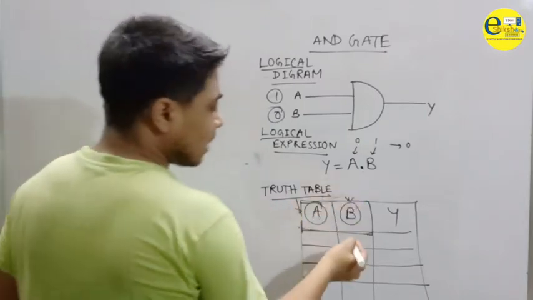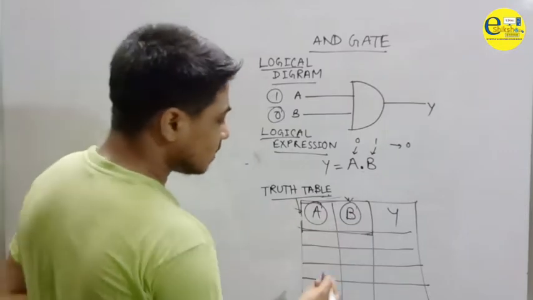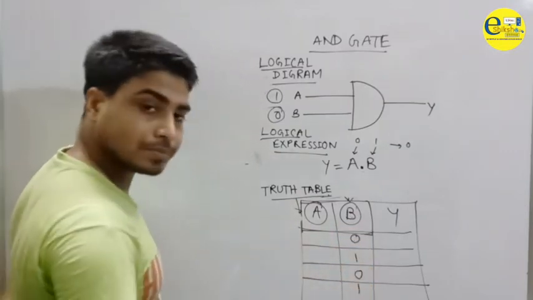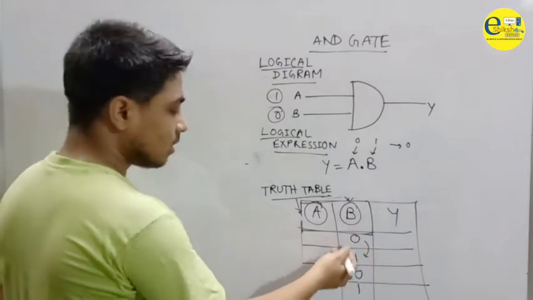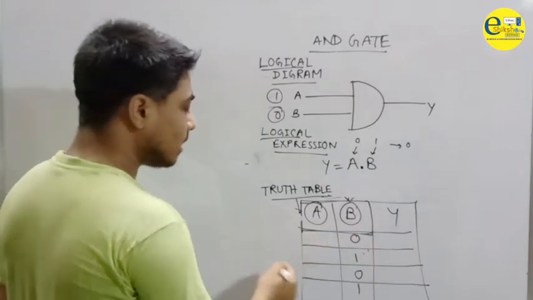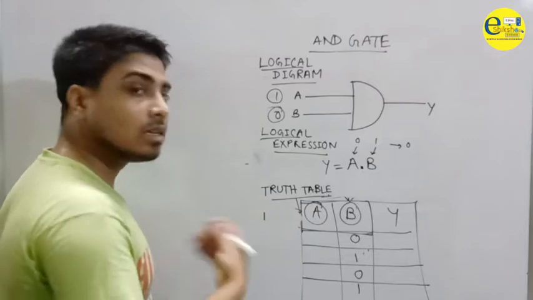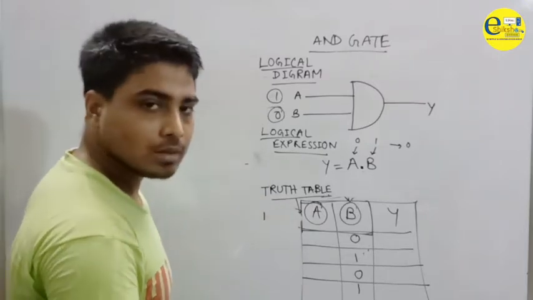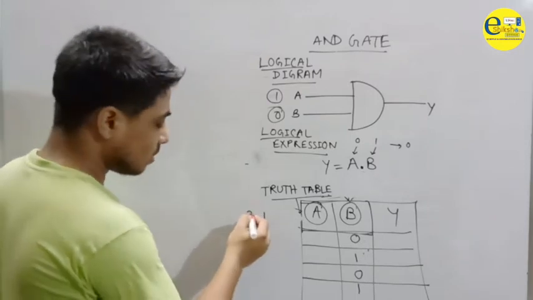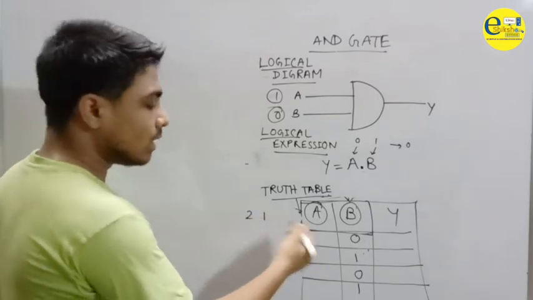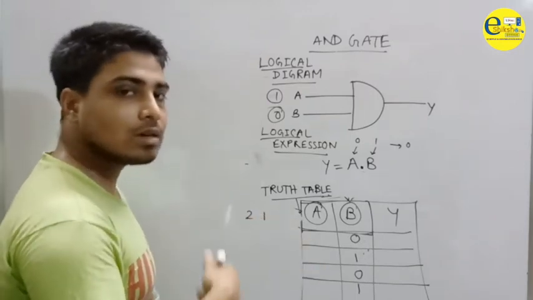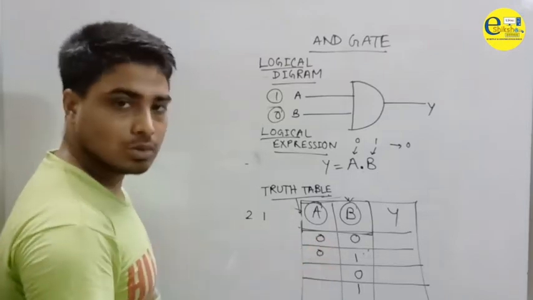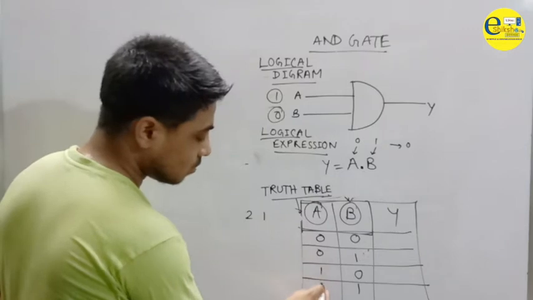Okay, so now start from the LSB. This is the LSB, starting from the LSB: 0 1 0 1. Then the changes are made after one interval. What is the double of 1? It is 2. So here we have to make the changes after 2 intervals. So here first we have to write 2 zeros, then again 2 ones.